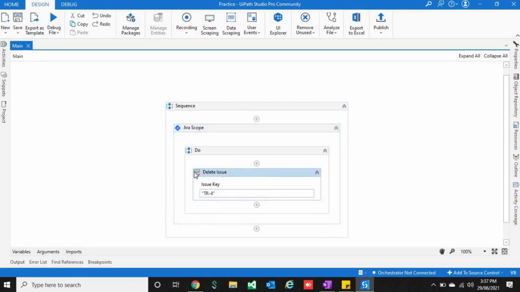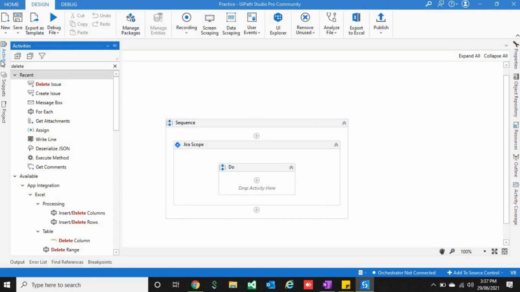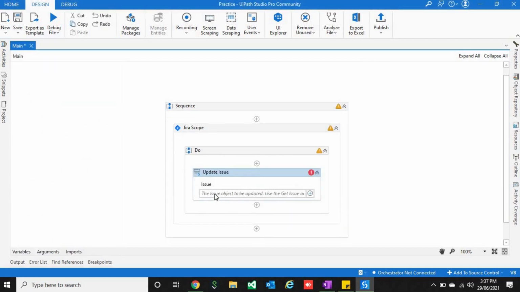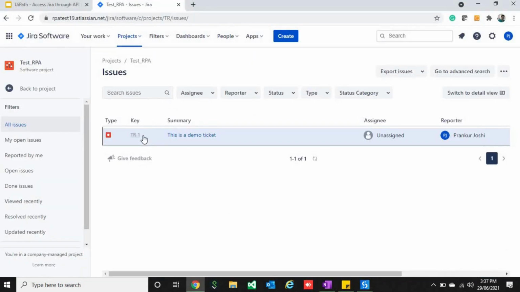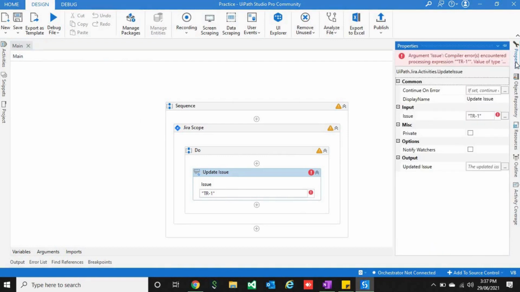Now let's see how to get a ticket and get all the information related to that ticket, and how to update a ticket. I'll have to pass the issue key, and the issue key is TR1. Let me open this ticket also.